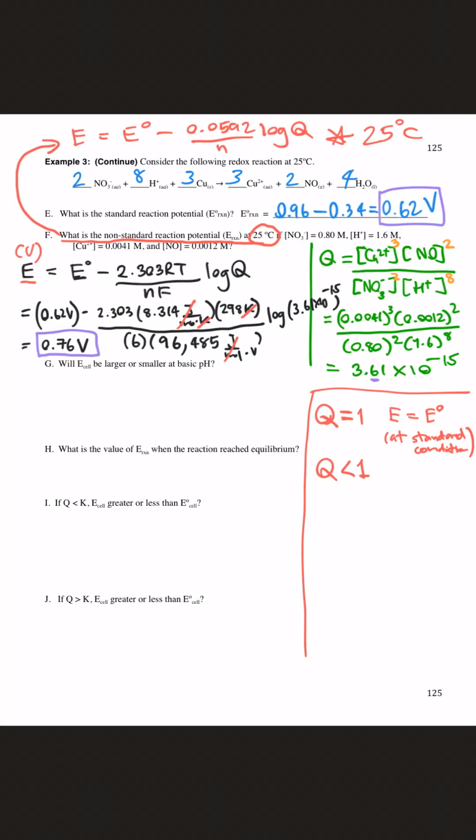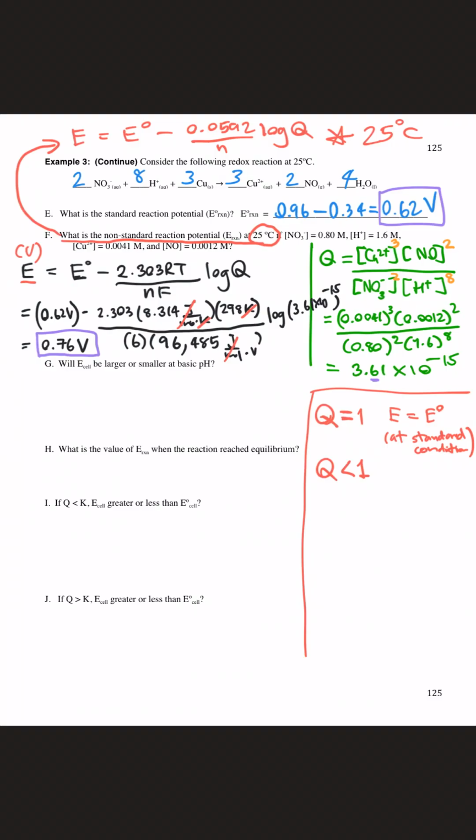Because Q is the ratio of product over reactant, a smaller value of Q indicates that there is less product over reactant. Therefore, according to the Le Chatelier principle, when you have less of the product, the reaction is not at equilibrium yet. It's going to shift to make more of the product, to make the reaction go forward more. Therefore, it's going to be slightly more spontaneous in the forward direction to make more of the product